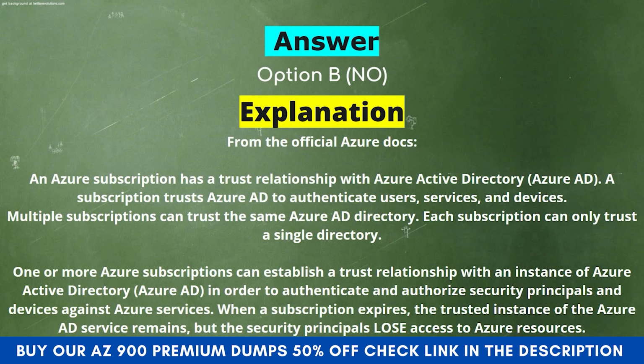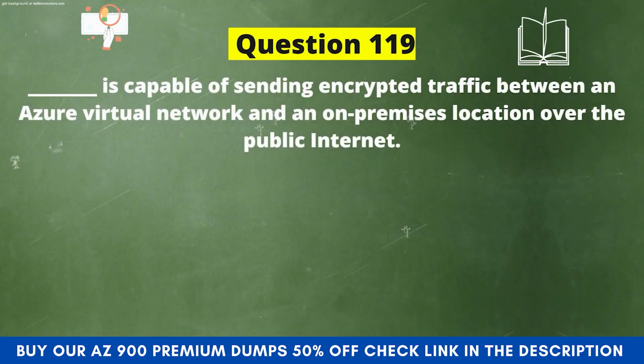One or more Azure subscriptions can establish a trust relationship with an instance of Azure Active Directory in order to authenticate and authorize security principals and devices against Azure services. When a subscription expires, the trusted instance of the Azure AD service remains, but the security principals lose access to Azure resources. Next question. Dash is capable of sending encrypted traffic between an Azure virtual network and on-premises location over